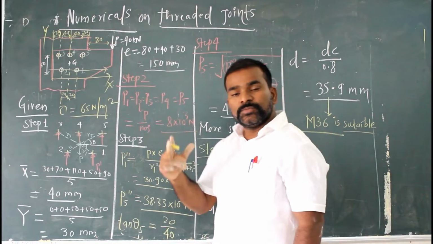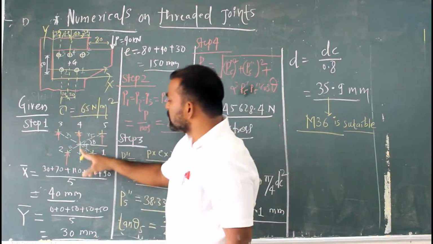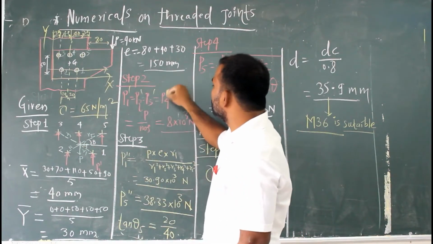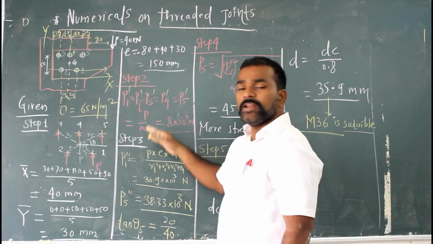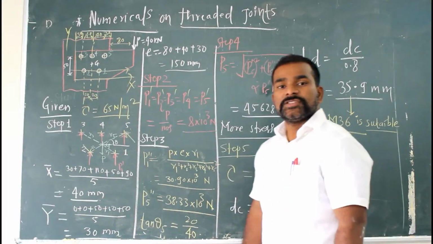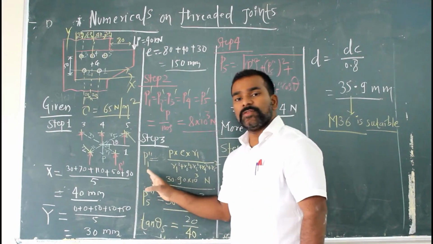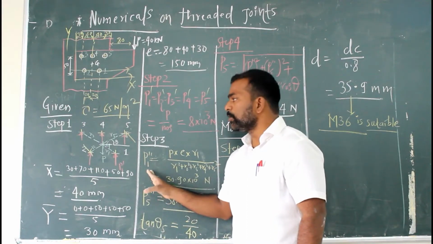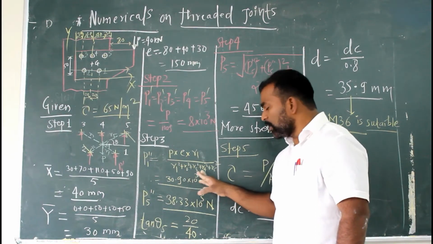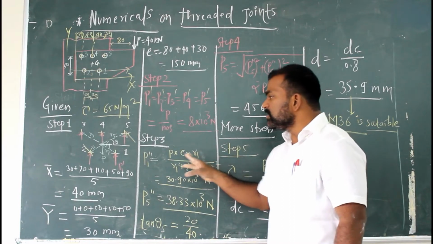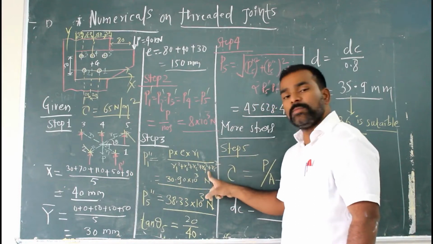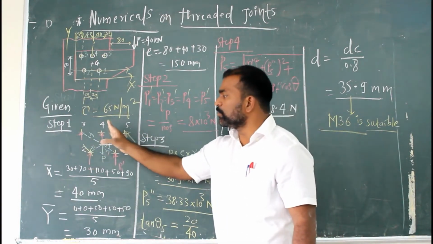Now step number 2, to calculate the primary force. The primary force is equally distributed to every bolt, so P1 dash is equal to P2 dash is equal to P3 dash is equal to P5 dash is equal to P by number of bolts. Total load applied 40 kN divided by number of bolts 5. By that, step 3 is the secondary force for the first bolt. P1 double dash is equal to P into E into R1 divided by R1 square plus R2 square up to the number of bolts, that is R5 square. So R1 is nothing but the distance from the CG to the respective bolt. This is bolt number 1. So this will be calculated as P1 double dash. Similarly for the secondary force of the second bolt, third bolt, fourth bolt, fifth bolt.